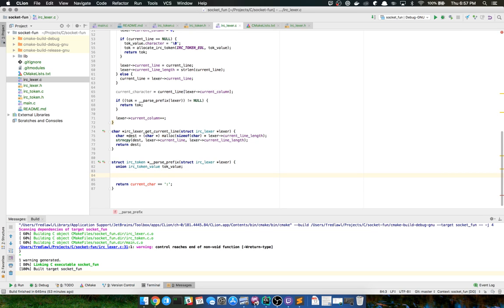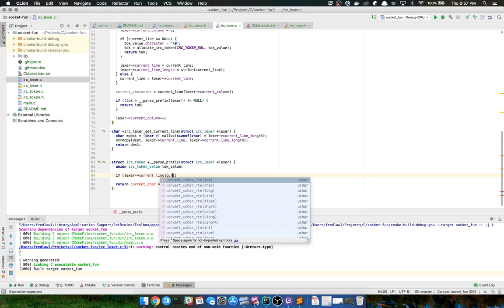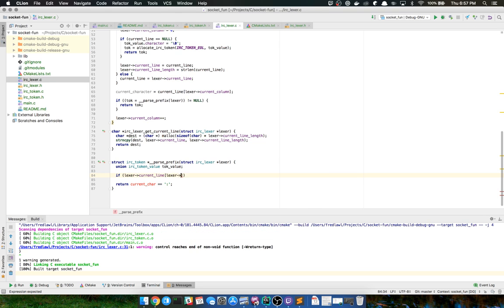So what I'm looking for is the lexer current line, lexer current column.